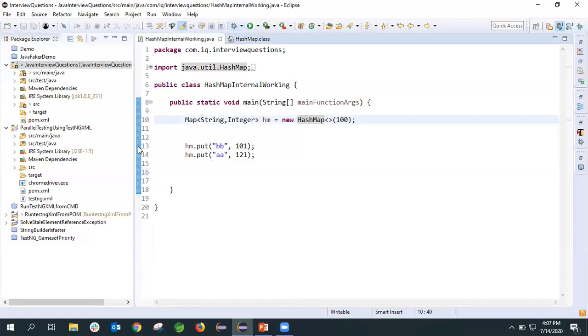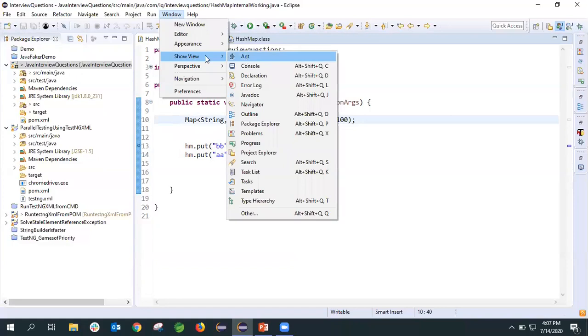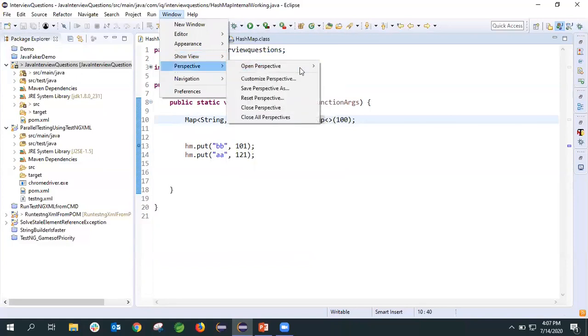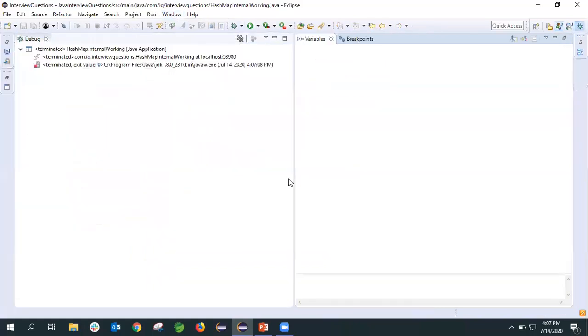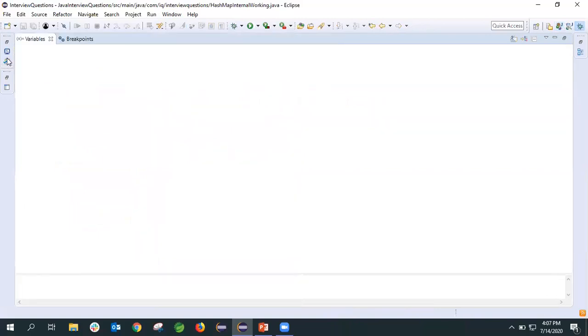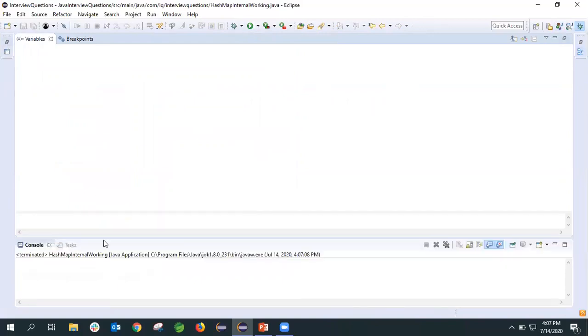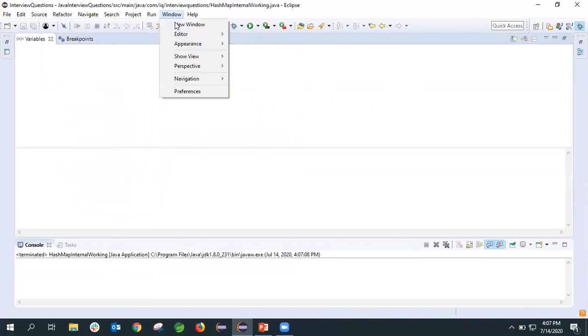We don't have any debug pointer, so we'll put a breakpoint. We'll open the debug perspective. You can do this from here. Oh, where has the Java perspective gone? Okay, let's open our Java perspective only.